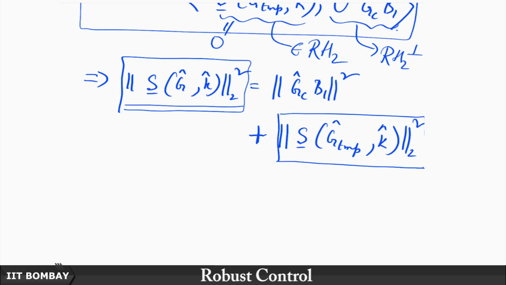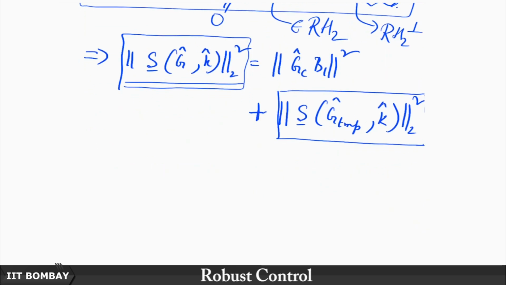It reminds you of something else, does it not? Remember when we were looking at internally stabilizing controllers much earlier, we also constructed some artificial system, right. So, this is again a very usual trick. We go from an original system to a system that is easier to handle, that is simpler to deal with, that is more tractable. So, in this case it is this G hat temp that we shall now be concerned with